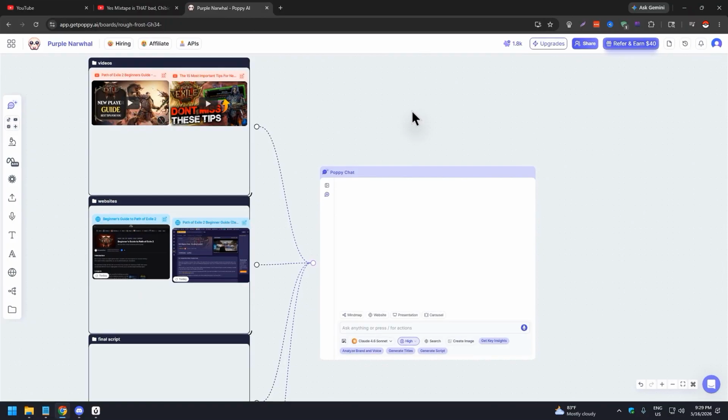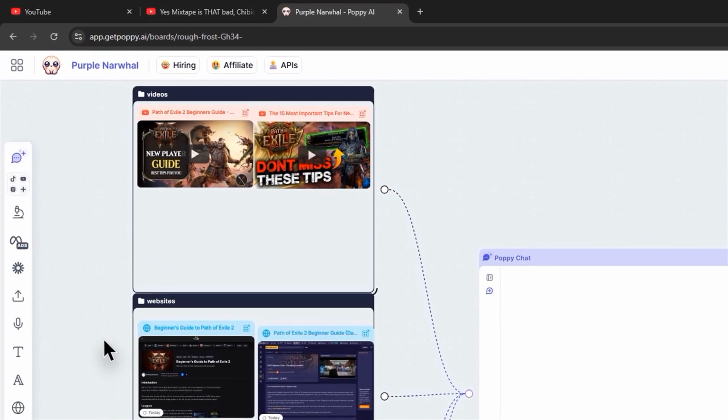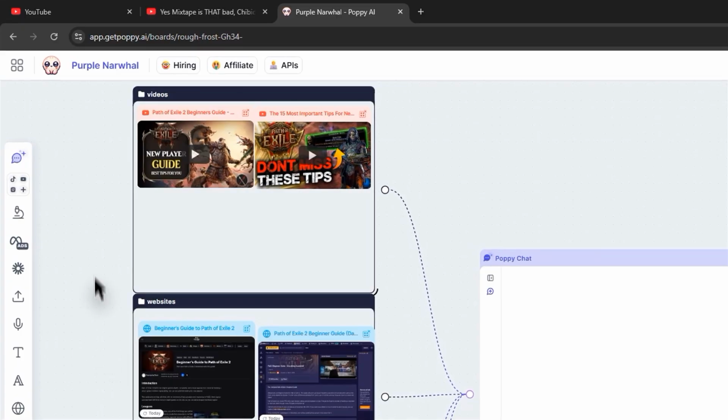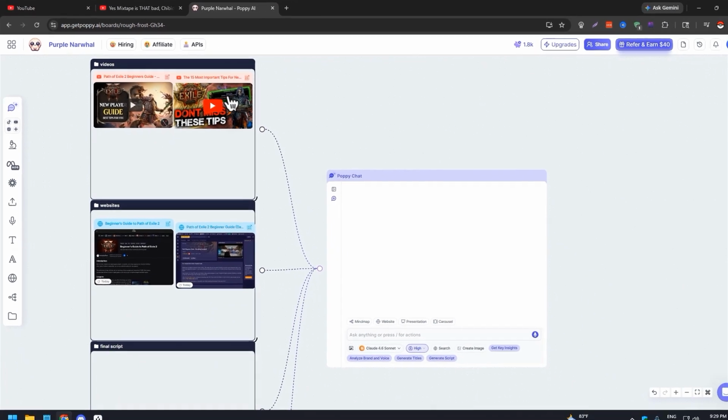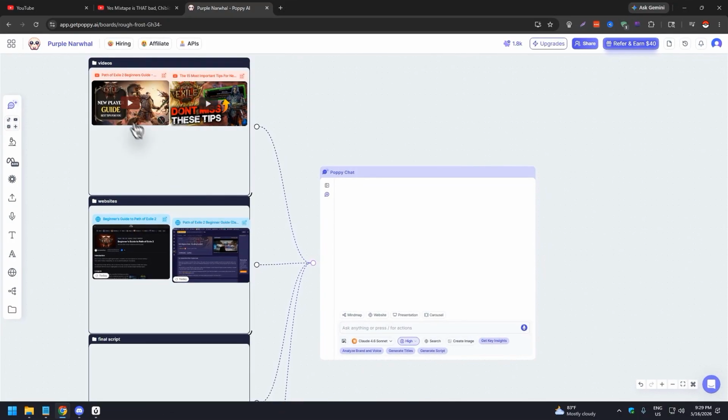For example, if we are going to create a blog or a video guide about Path of Exile, this is the example we're going to use right now. So I have several groups, or quote-unquote folders, here for each task. What does that mean? I have pieces here that are very important, and I don't need to discard them after I'm done. So instead of going to YouTube and getting these, and then after I'm done deleting the entire thing, I just need to create a group that says videos, right?